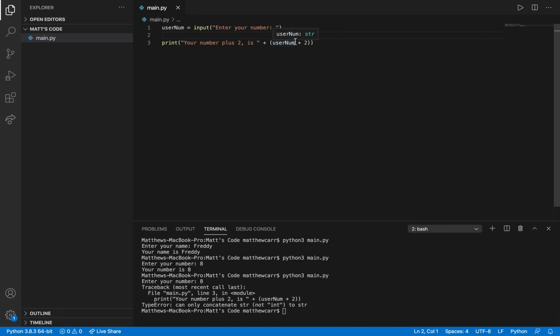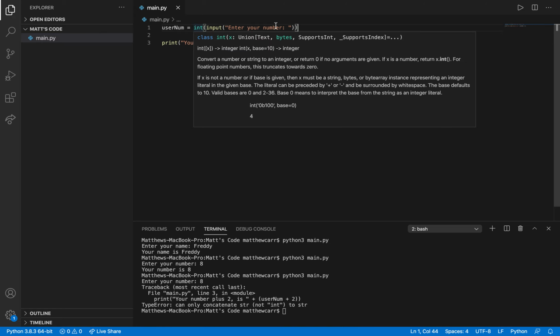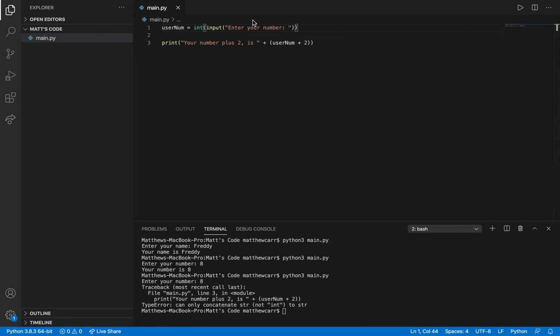So to rectify this issue, we can convert whatever they input. This is typecasting. We can typecast their input into an integer. So we'll do int, left parenthesis, and this whole thing in right parenthesis. What this is doing is, the string 8 we input here gets expressed as an integer value 8, and that is stored into user num.